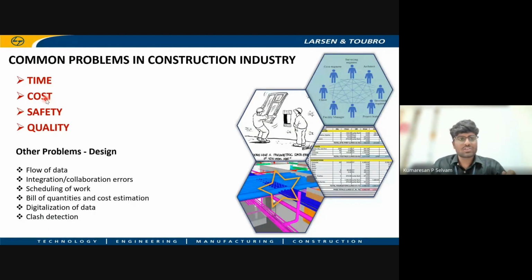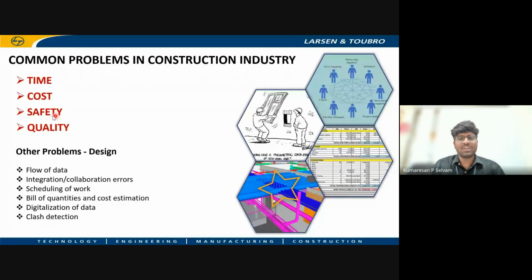So here time will be an issue where you are not completing the project on time. And also the cost: you are generating the bill of quantities and estimating the cost, but how far can you give assurance that the cost you have estimated is absolutely 100% correct? So here the cost will also vary, and based on the site parameters, there will be revisions in drawings and revisions in excavation quantity and those things. There also the cost will vary.